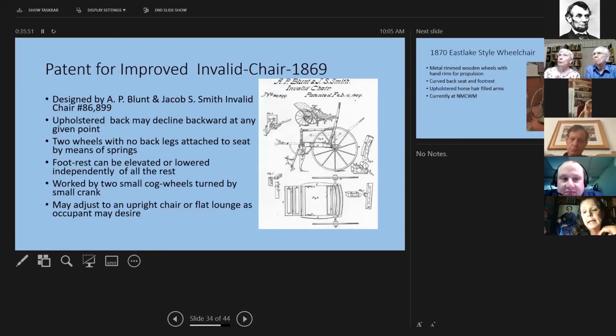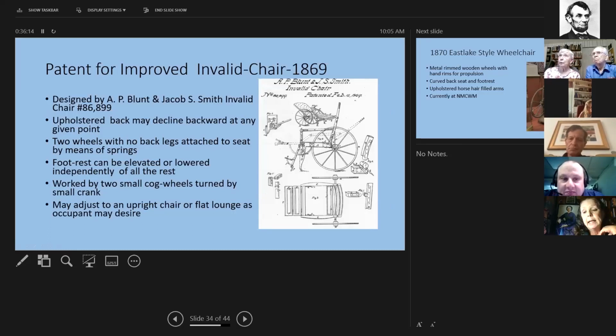Now, this is a patent for an improved wheelchair in 1869. It was designed by Blunt and Smith. It was their Invalid chair, and there was an upholstered back that could decline backward at any given point.